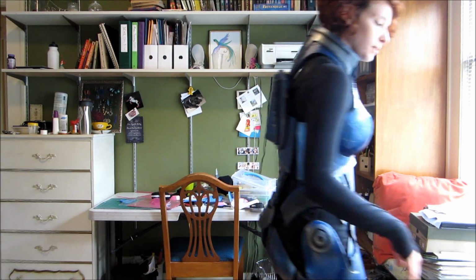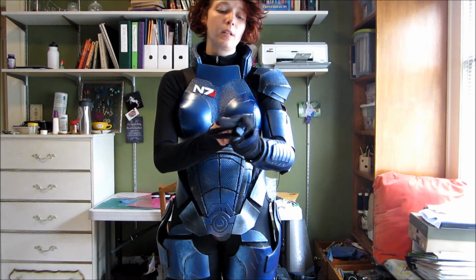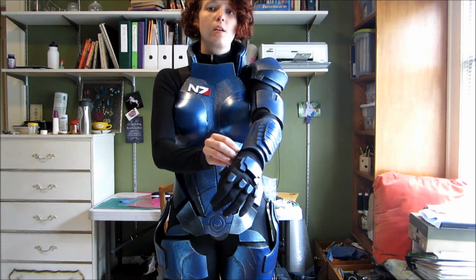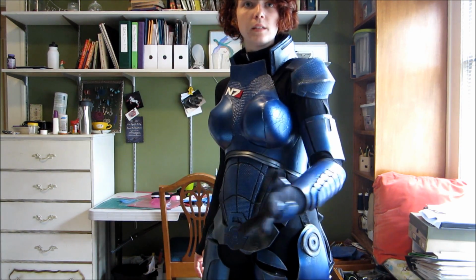And then the last piece is the gloves. And they are all pre-assembled like I showed you before. And I try and normally get those on before you do the Velcro. But that is pretty much